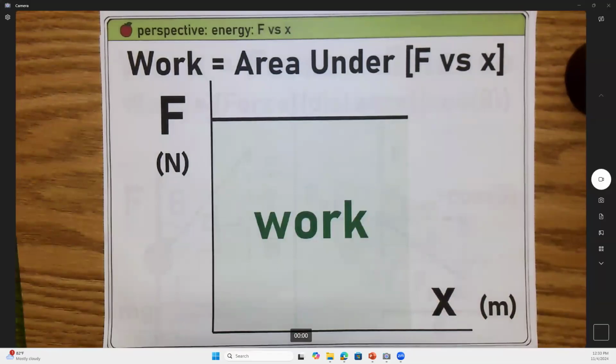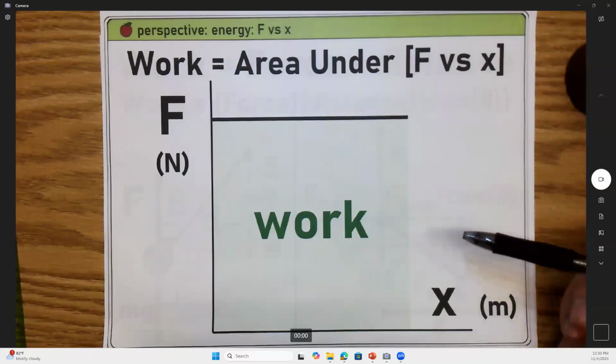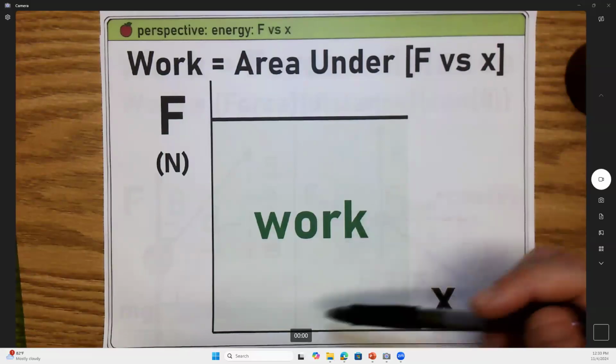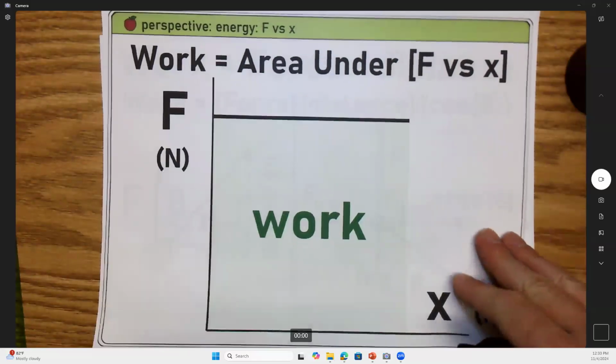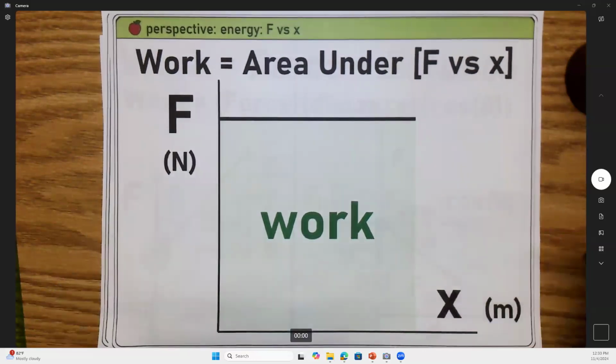You guys have seen lots of graphs in this class. This is a new graph, but you see this graph all over the place in physics classes. Force versus distance. If you ever see a force versus distance graph, there's a really good chance you're going to get a question about energy or work. And it's just the area under the curve. In this case, it's very simply a rectangle shape, right? You see that? Okay. So hold on to that idea. We're done with that.